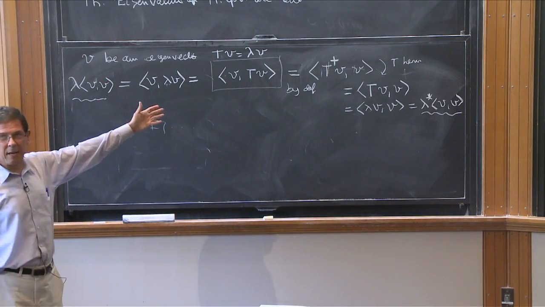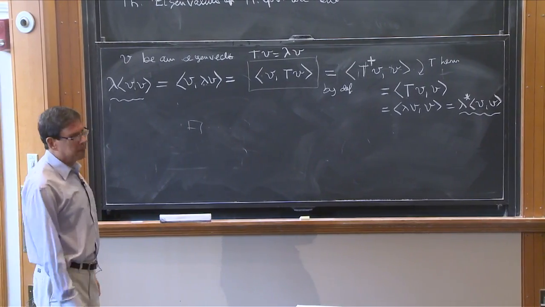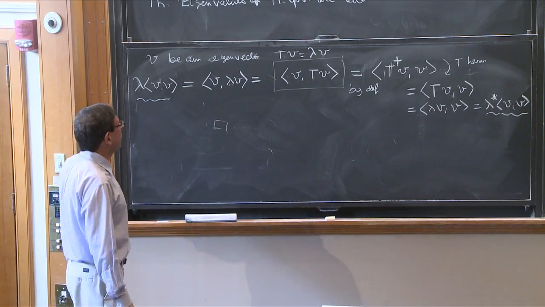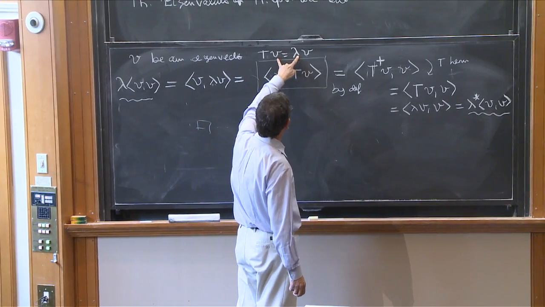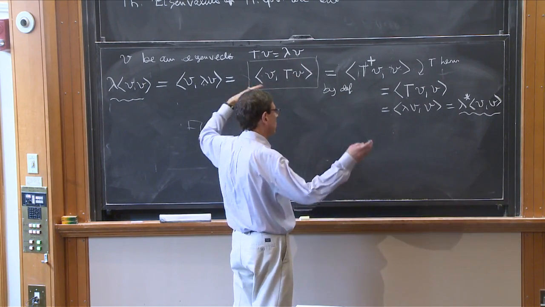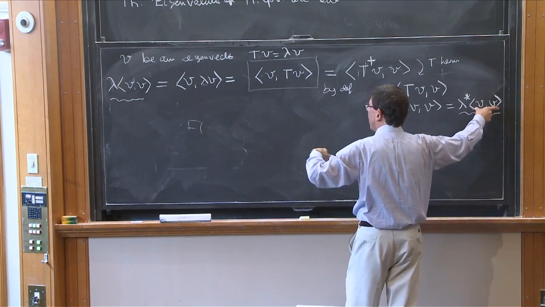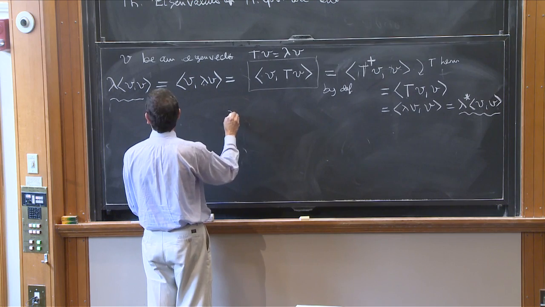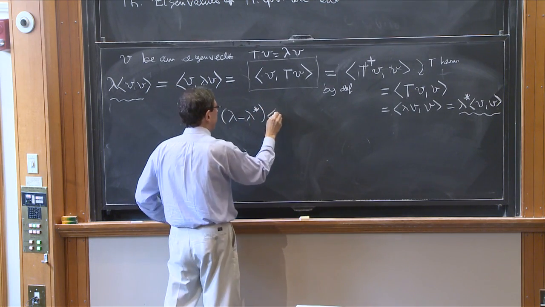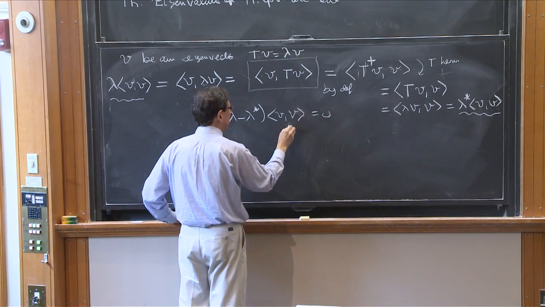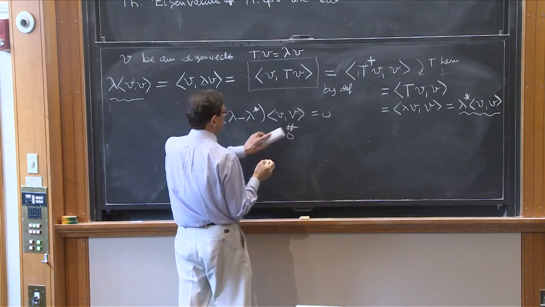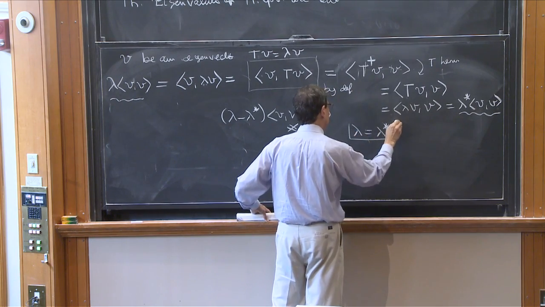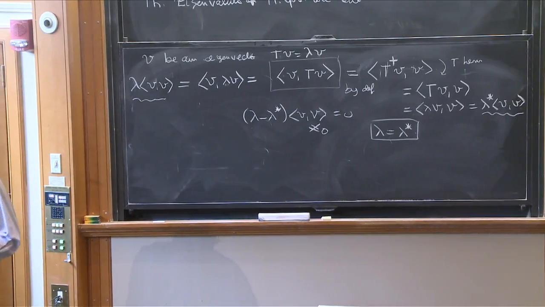V, if there is an eigenvector, V can be assumed to be non-zero. The way we are saying things, in a sense, 0 we also think of as an eigenvector, but it's a trivial one. But the fact that there's an eigenvalue means there's a non-zero V that solves this equation. So we're using that non-zero V. And therefore, this is a number that is non-zero. You bring 1 to the other side, and you have (lambda minus lambda star) times V equals 0. This is different from 0. This is different from 0. And therefore, lambda is equal to lambda star. So it's a classic proof,